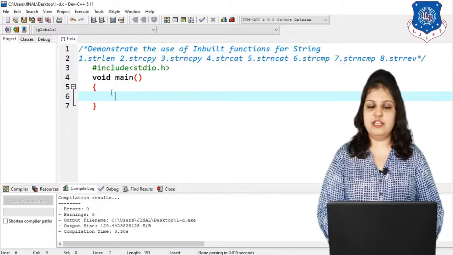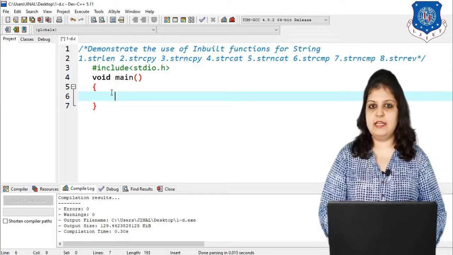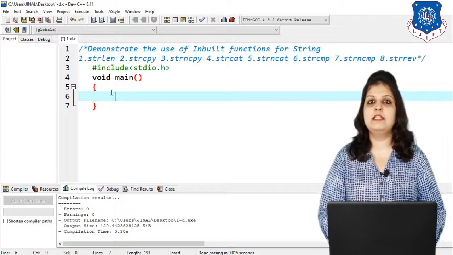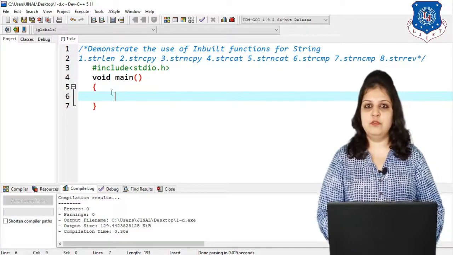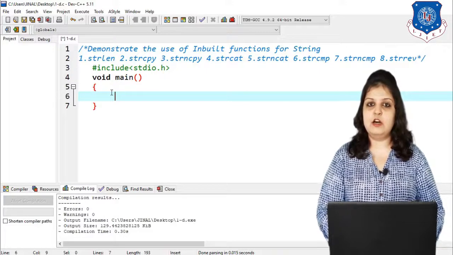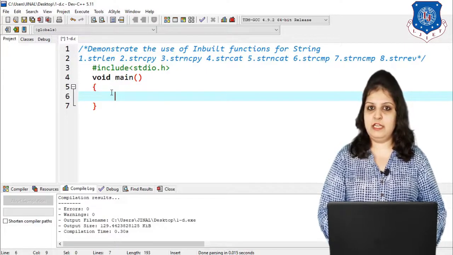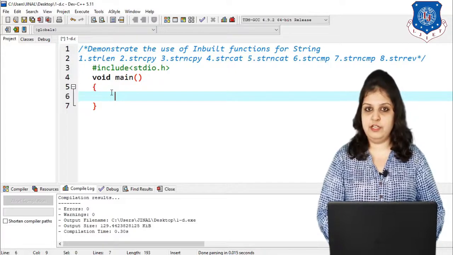Our first function is strlen, and strlen is used for finding a string length. All these functions are available in one library, that is string.h.